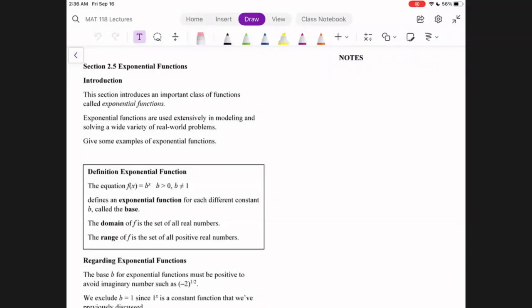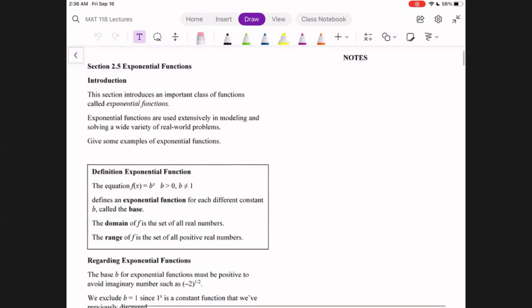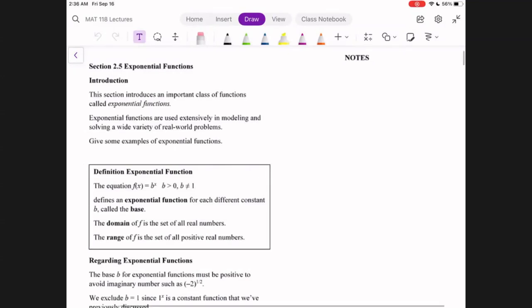Hey everyone, I'm going to talk about 2.5 exponential functions. So in this section, it focused primarily on this particular type of function that you can see has a format like this right here. That f of x equals b to the x. So you could have it to where it's 3 to the x,